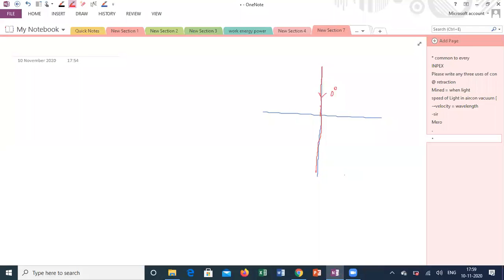Is it clear, guys? What is the meaning of the principle of reversibility? From there, what conclusion can we give? Suppose if I am saying